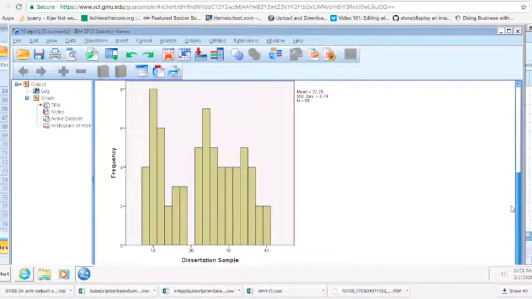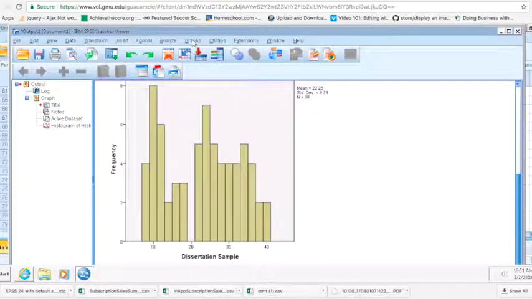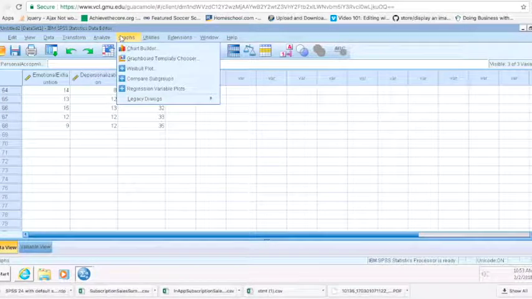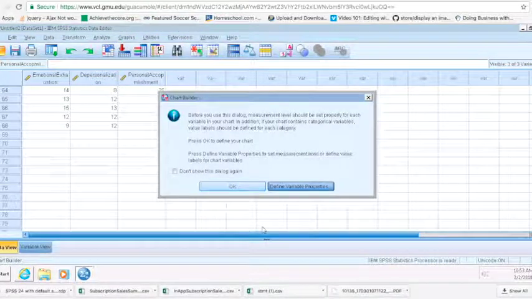So this is the histogram. It's decided how wide the intervals are going to be, and it shows the frequency for each data interval. And the maximum's 8. You can see that a lot of them are at 2, and there's actually one interval with no data there. Alternatively, we could go to Chart Builder, and this is the new way to create SPSS